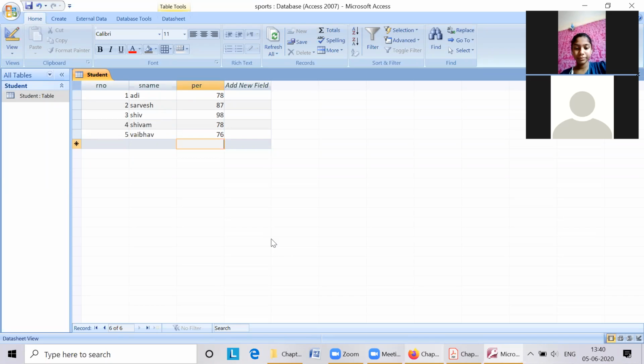First, I will open the Access. Second, I have chosen the blank database. Then I have created a table. I have renamed the table.